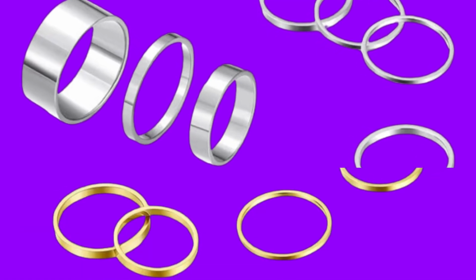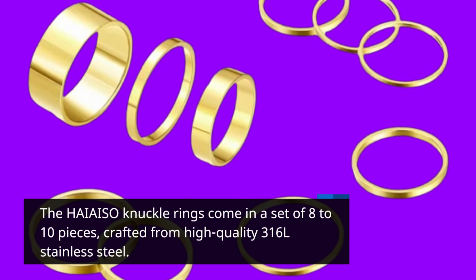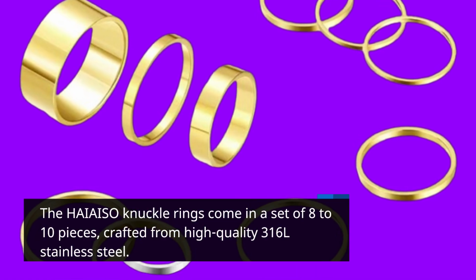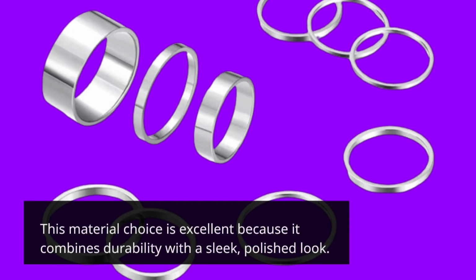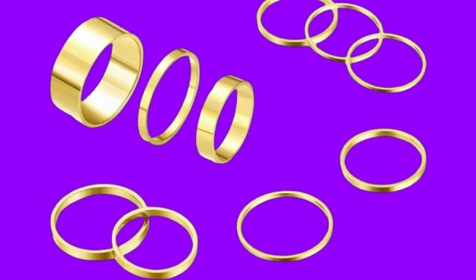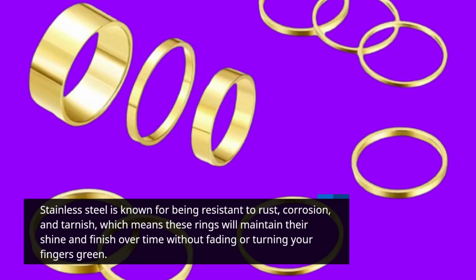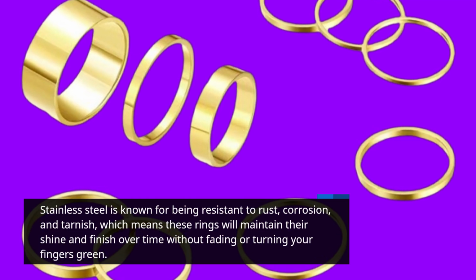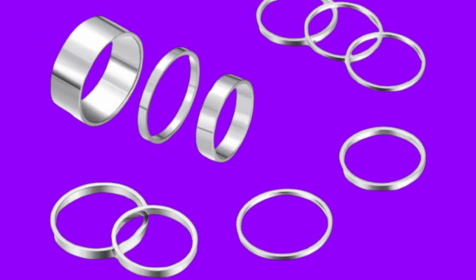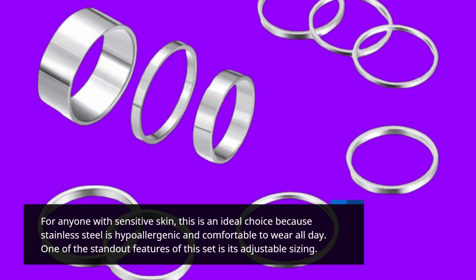what you need. The HAIAISO knuckle rings come in a set of 8 to 10 pieces, crafted from high-quality 316L stainless steel. This material choice is excellent because it combines durability with a sleek, polished look. Stainless steel is known for being resistant to rust, corrosion, and tarnish, which means these rings will maintain their shine and finish over time without fading or turning your fingers green. For anyone with sensitive skin, this is an ideal choice because stainless steel is hypoallergenic and comfortable to wear all